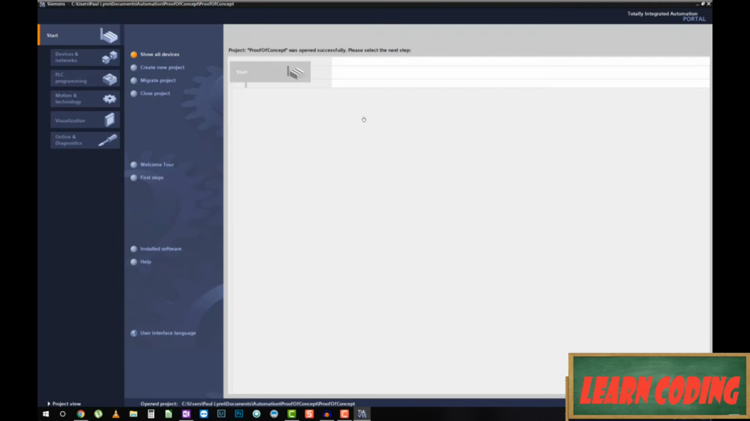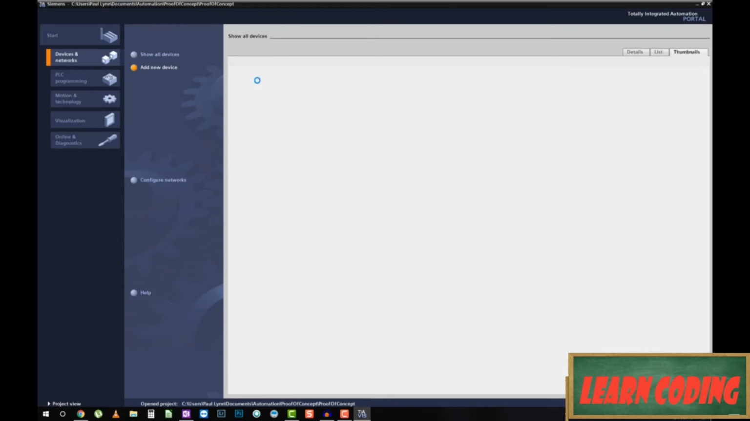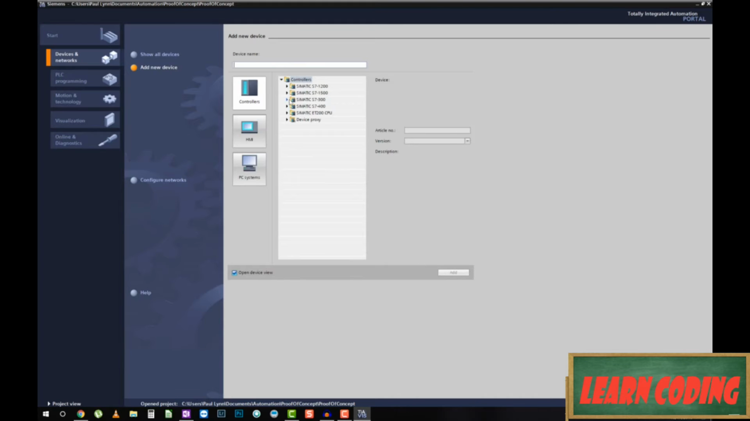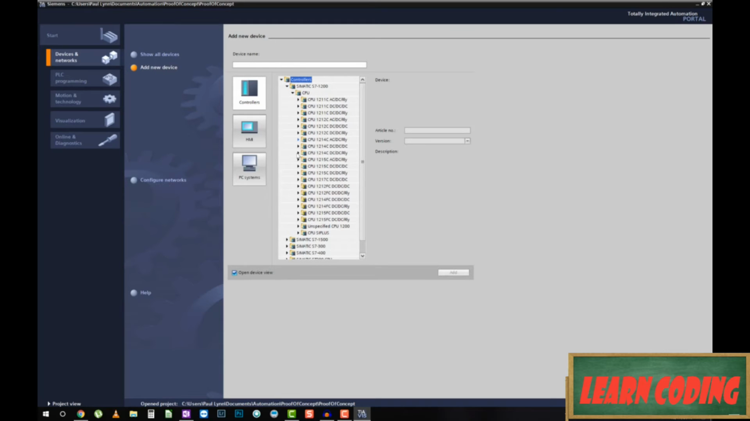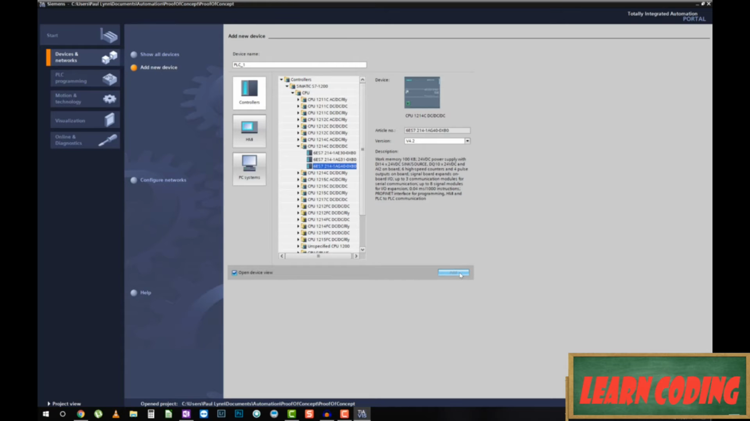Now we want to click here on configure a device, add new device. And if you've got a PLC, here's where you want to select the one that you've got. If you don't have a PLC, you could theoretically select anything in the world, but for the sake of argument and just to keep everybody on the same page, go ahead and pick the same thing I'm picking, okay? So you've got three options here. Make sure that you've got controllers selected. And I'm going to go into my fabulous 1200, 1214 DC DC DC and take the bottom one, hit add,